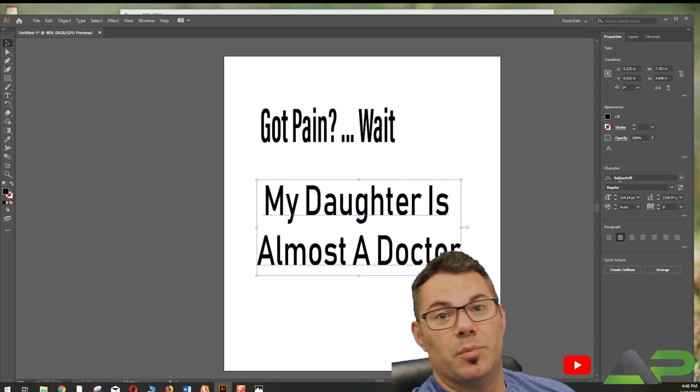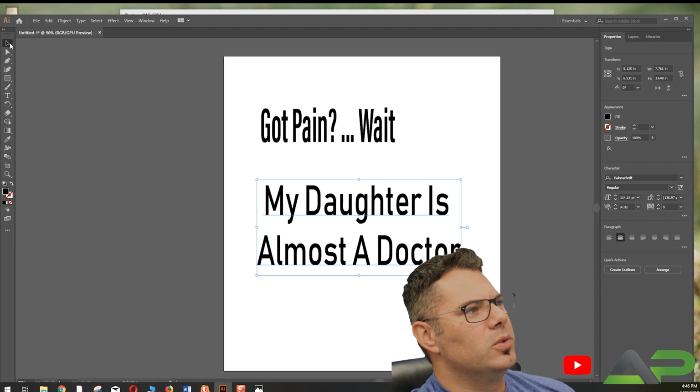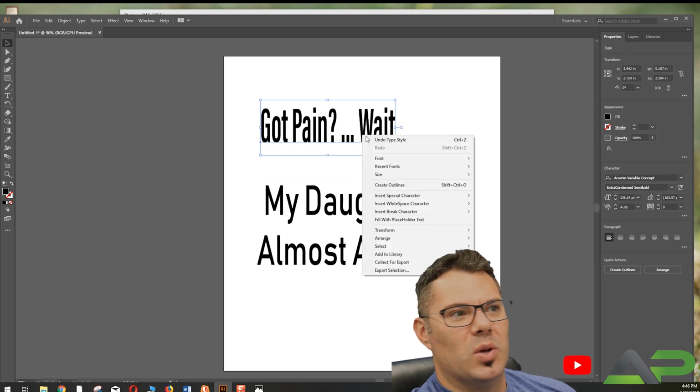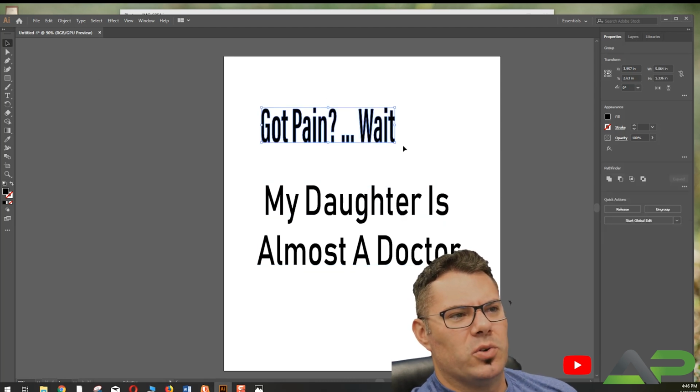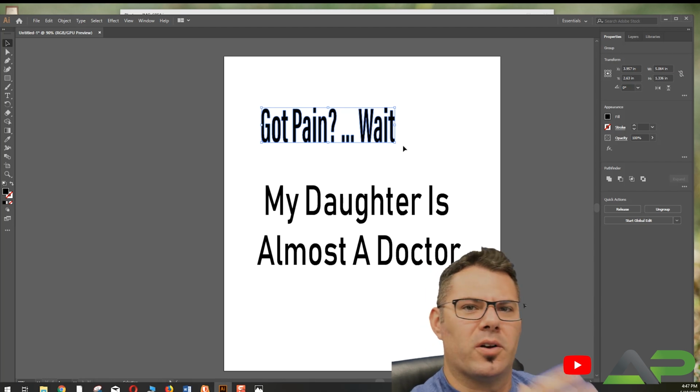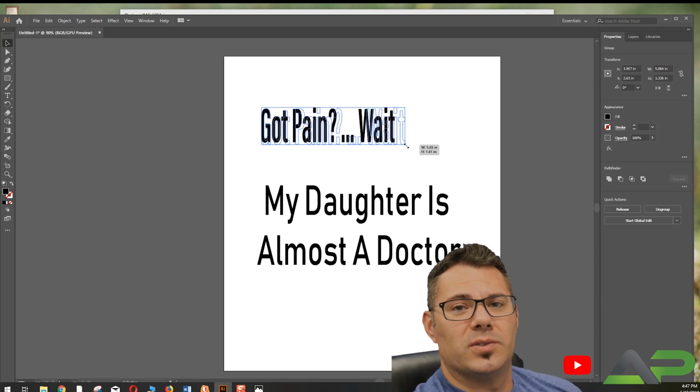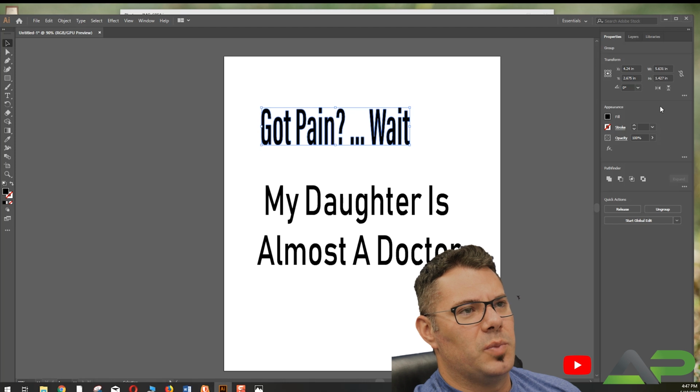It looks like there's a bold edition, so we'll do bold. That looks more like the Got Milk type campaign. What we're going to do is create this into outlines. That way the cutter cuts it real nice. It makes it easier to size it. So what we're going to do is basically take this here and go to width